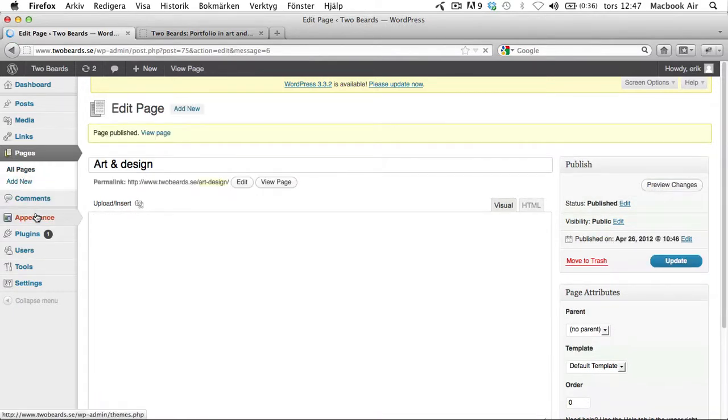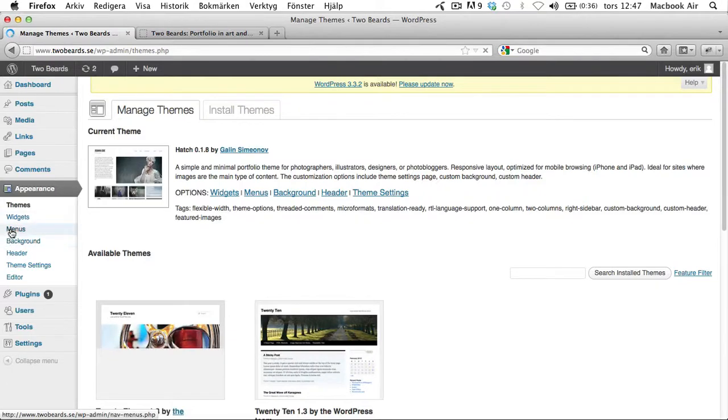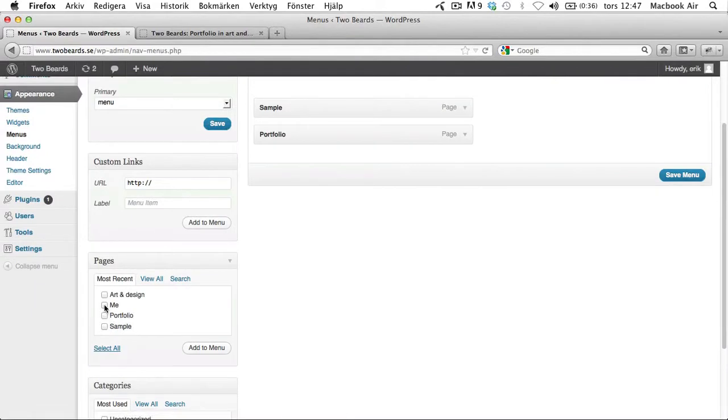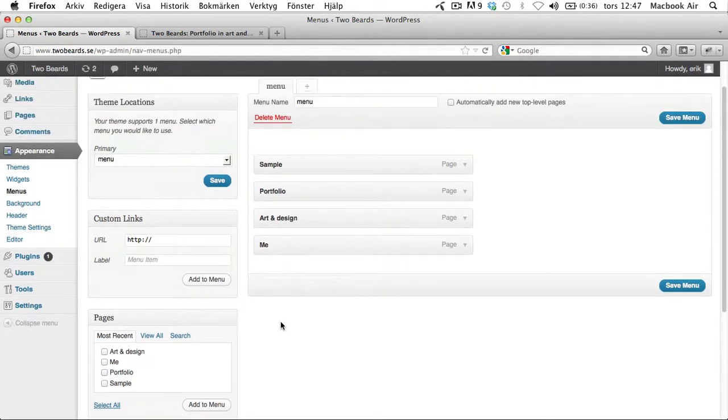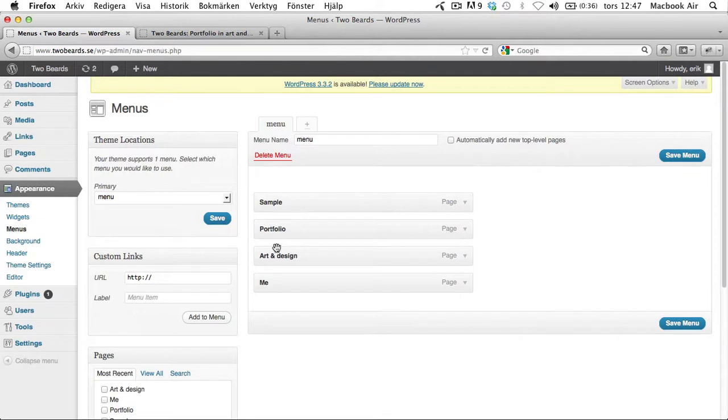I can now go to appearance again and click on the menu button, and we have some new pages to add to our menu. And what is the fancy thing about this? One good thing, I think, is that you can arrange these pages under each other. So if you have a portfolio, you can add art and design as an under category. So this one is a parent and this one is a child. If we save this and go and see what it looks like,